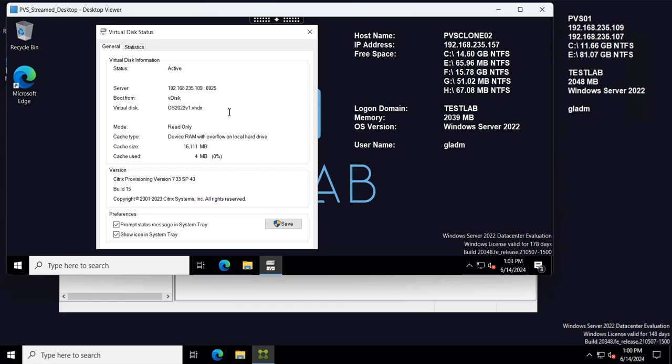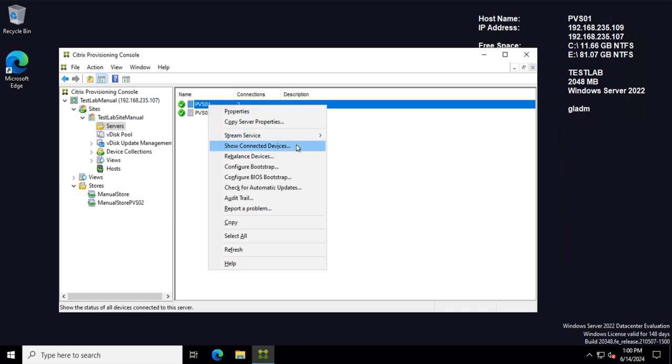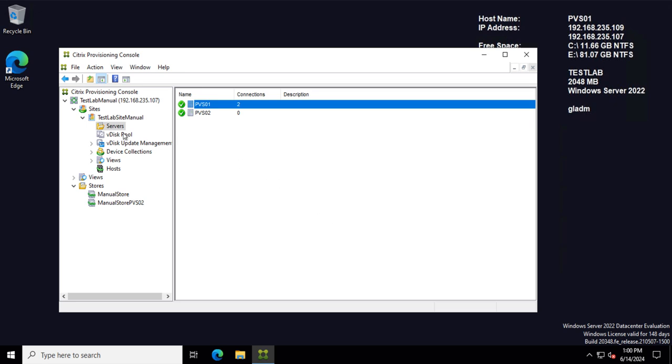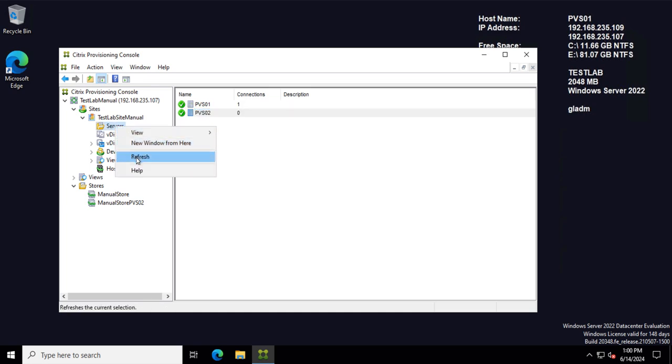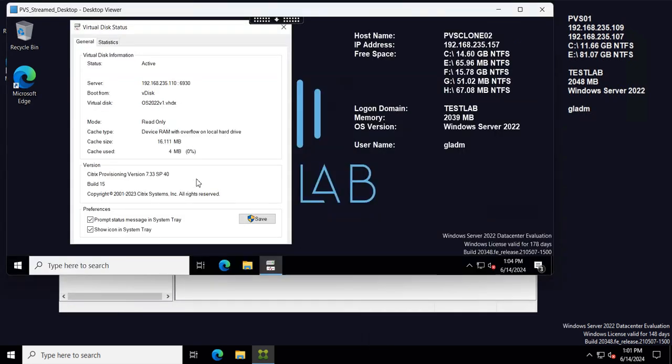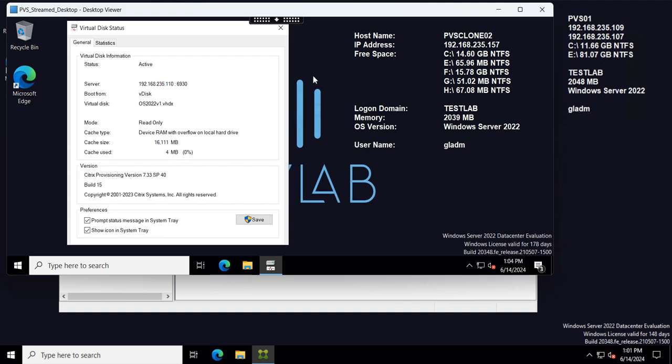To rebalance, you need to go to your PVS server and select this option, rebalance devices. Just click it once, close, and if you refresh, it should push the other one back to your PVS server. Okay, so it's back. Let's go and see. Yes, so it switched. It's back to 110. So the load balancing absolutely works,